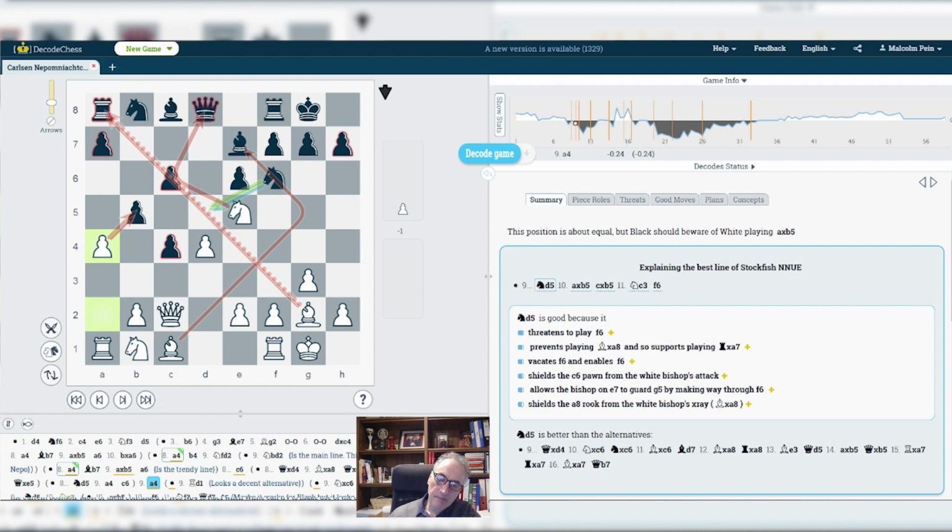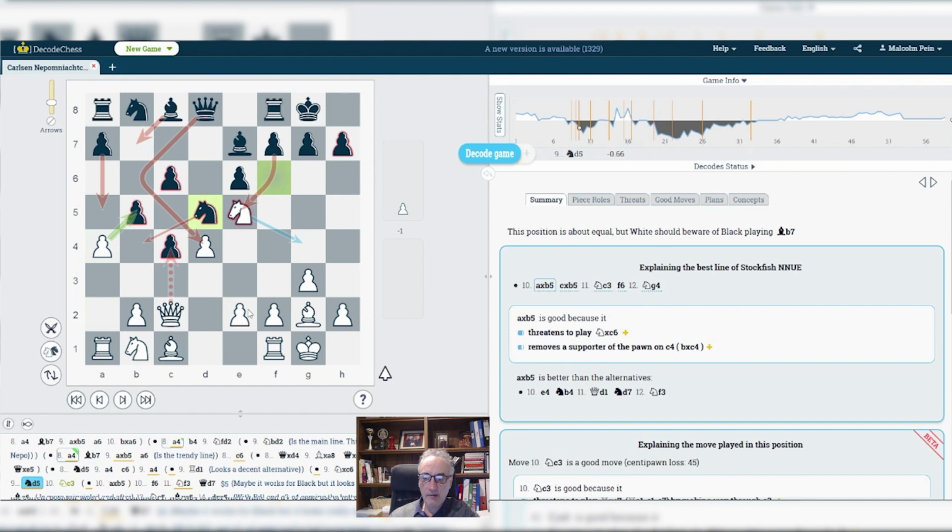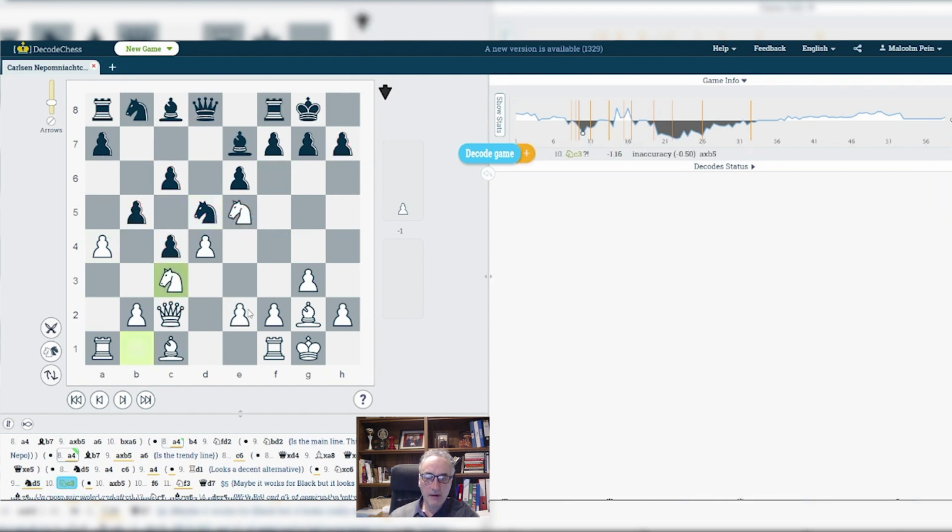Quite interesting that in the Catalan, white often wants to play bishop g5 and take f6. The reason for that is, as you'll see later, the program will show even more clearly, that it enables you to take complete control of e4, amongst other things, and sometimes it also weakens black's c5 square. So knight d5 was played, very logical move, blocking the diagonal, and as we'll see,